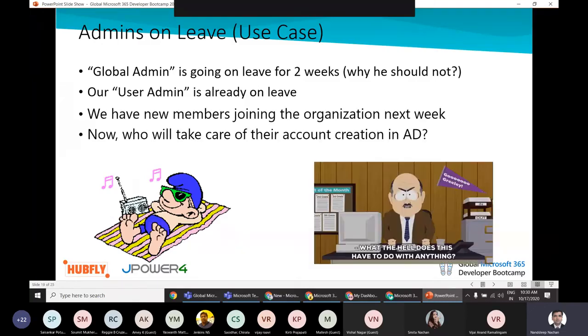And then we have new members who will be joining our organization next week. So we have our global administrator on leave, and our user administrator on leave. Then who can take care of their account creation in Azure Active Directory so that those new users joining our organization will be part of our organization and will be able to perform those tasks? Let's see how we can handle this kind of situation.